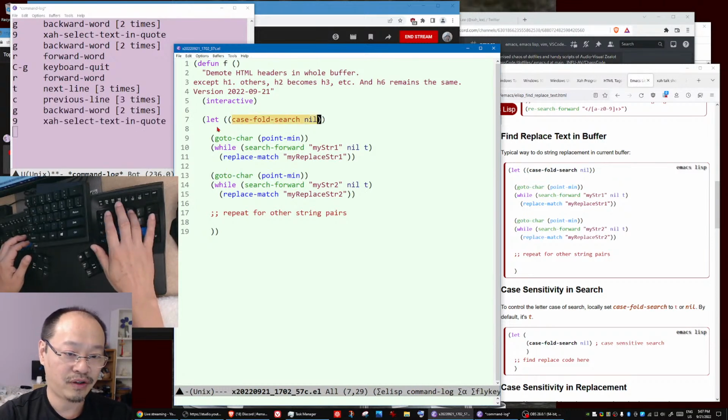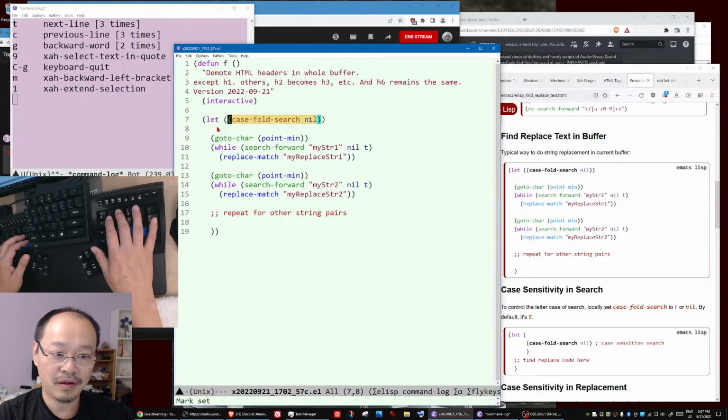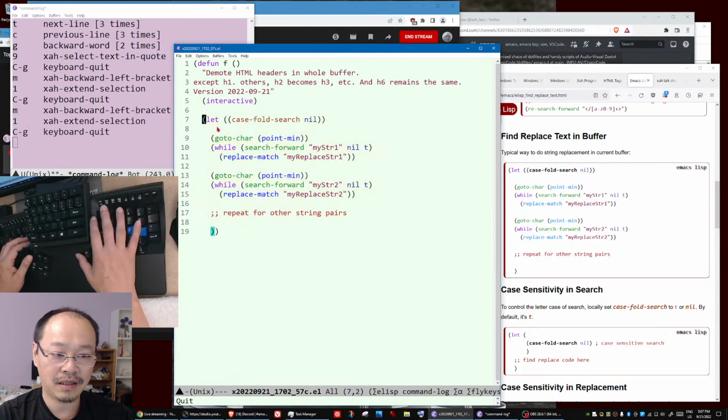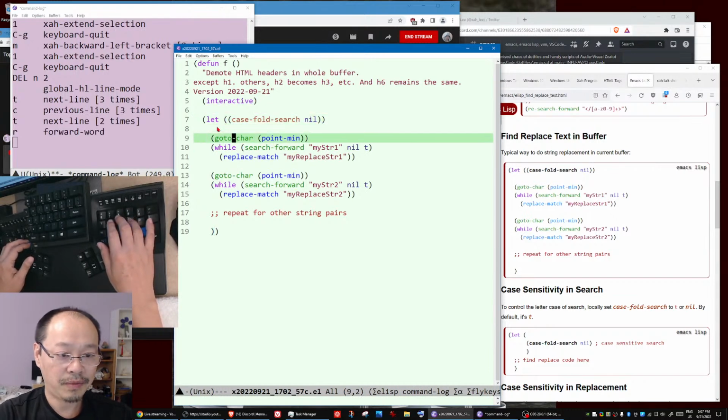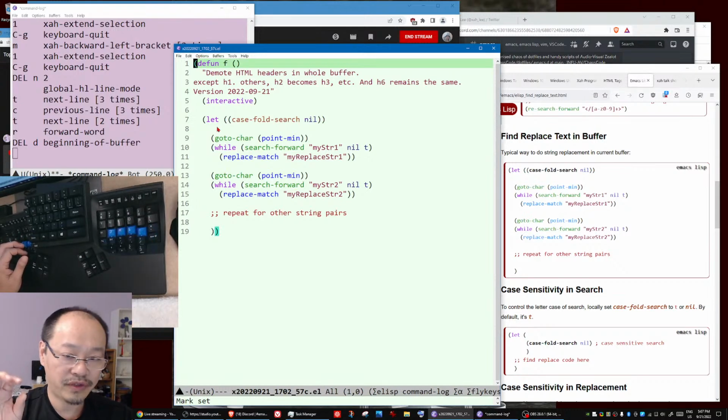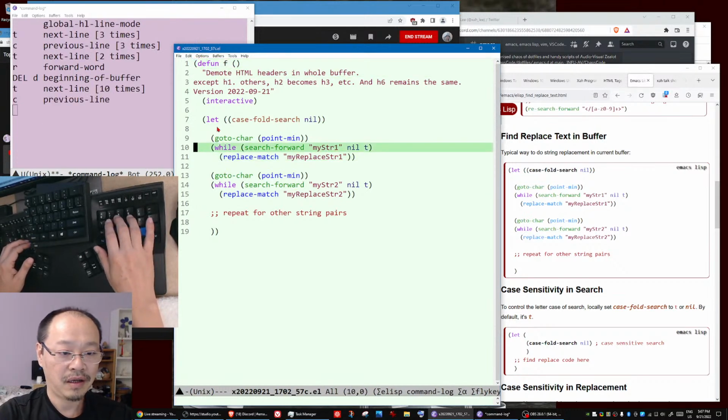Okay, so case-fold-search nil. So set a variable, a local variable. That's what this let is for. Let's turn on highlight the current line. Okay, set the local variable, then go to point-min. That means go to the beginning of the buffer, move the cursor to the beginning of the buffer, and while